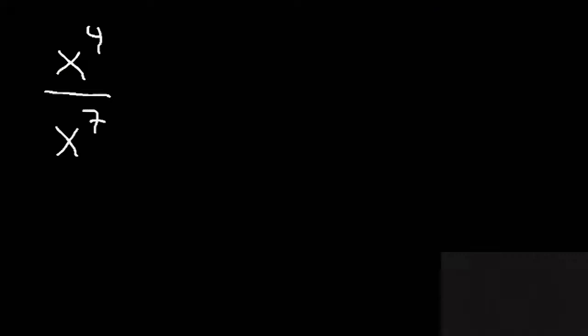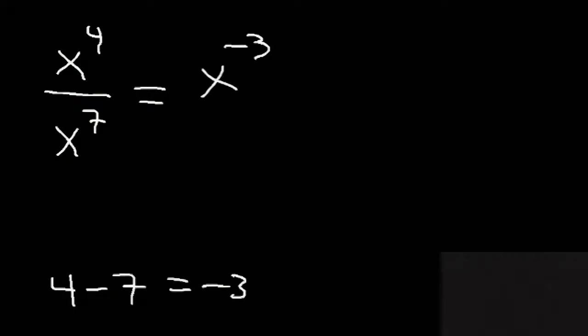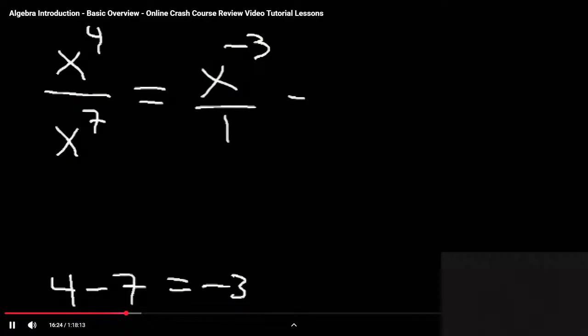So now what about this example? Let's say we have x to the fourth divided by x to the seventh. What is the answer? So 4 minus 7, top minus bottom, is negative 3. And whenever you have a negative exponent, if you move